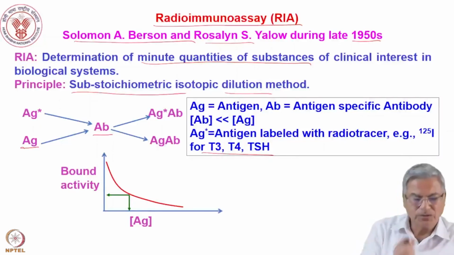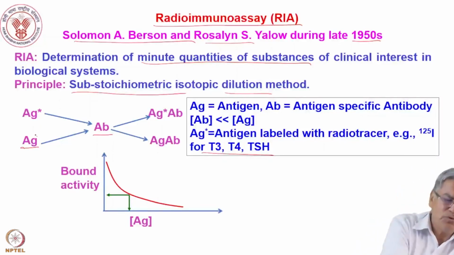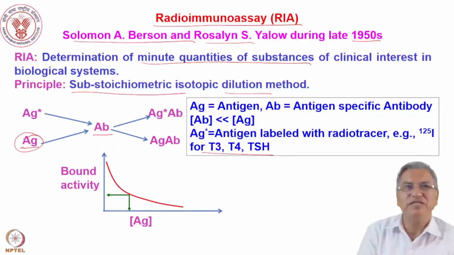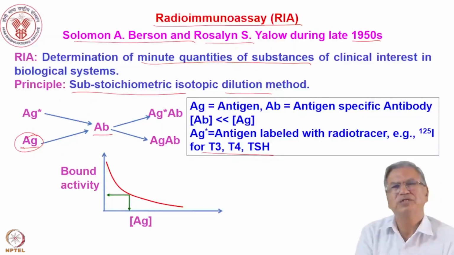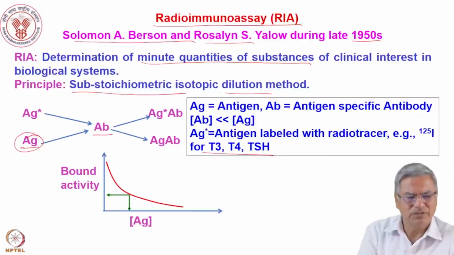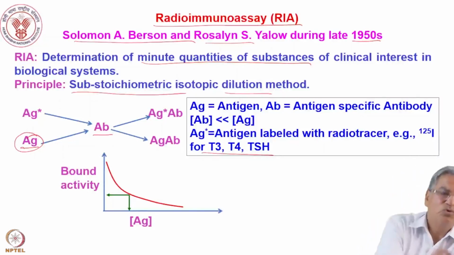So the concept behind it is that suppose you want to determine the concentration of this antigen, like T3, T4, TSH or prostate specific antigen in the body. Different glands are excreting different hormones, and you want to determine their concentrations. We do not know them, so we take out a sample from a person